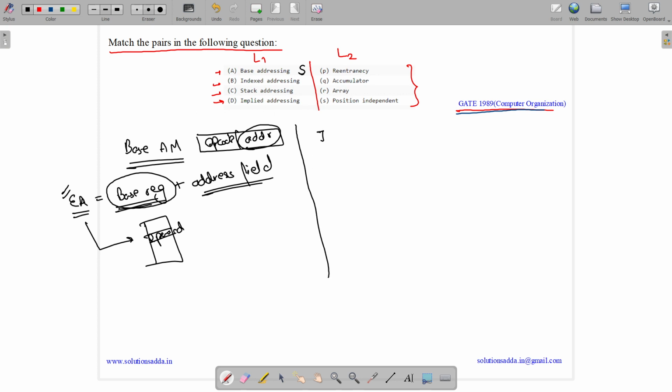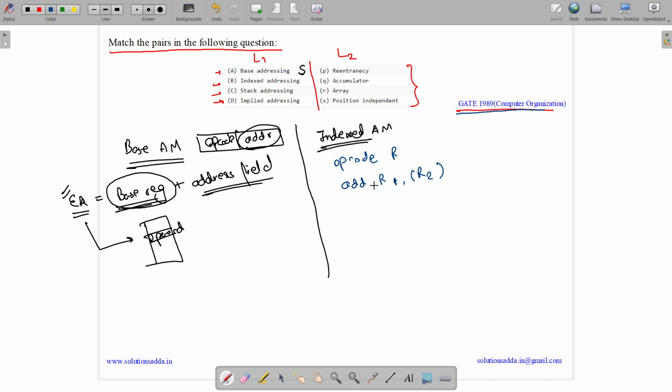Now let us see indexed addressing mode. In index addressing mode we will have our opcode followed by a value like R1. Let me give you an example: something like add register R1 with R2.